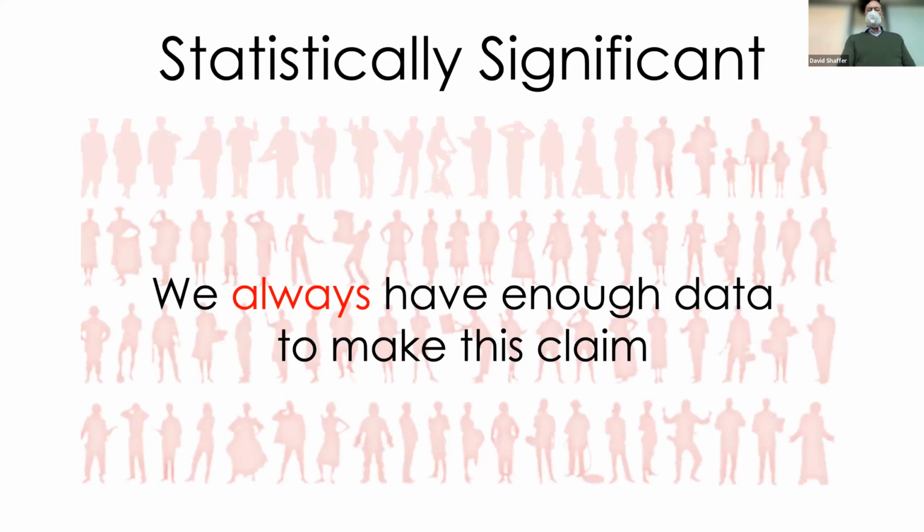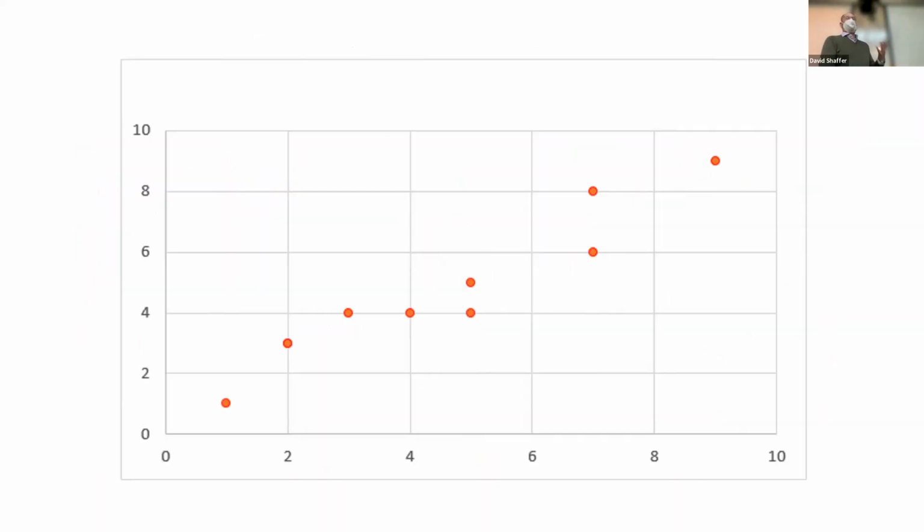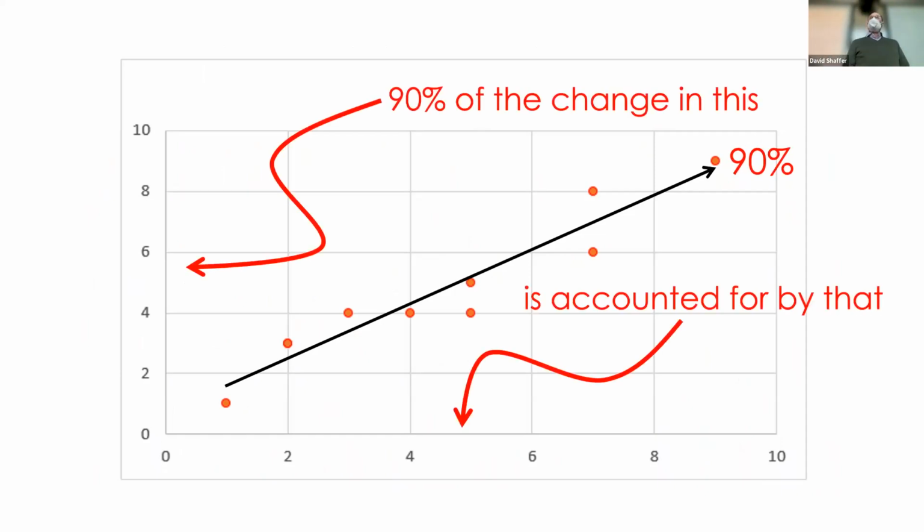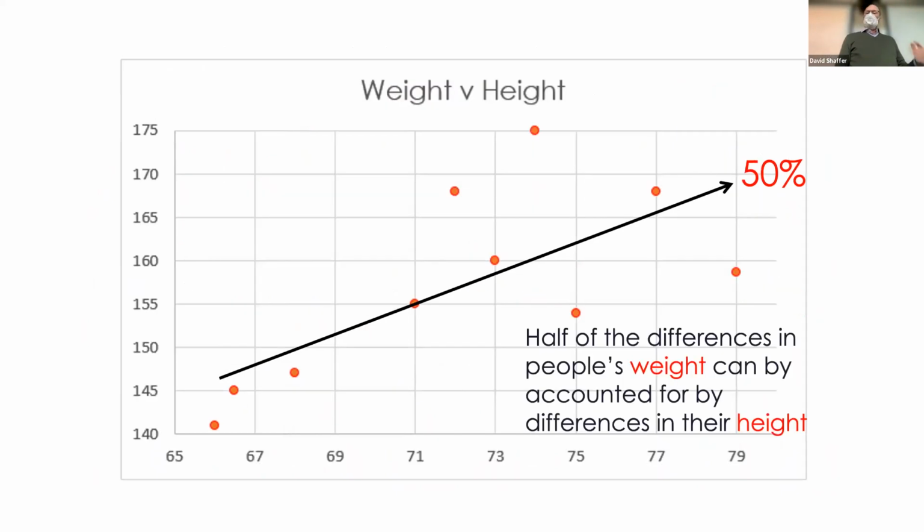Well, think about that. In addition to p-values, we get other things from statistics, like R-squared values, which is just another name for some kind of statistical test. In this case, the R-squared is telling us, if it's 90% or 0.9, that 90% of the change in one thing is accounted for by the change in another. So, for example, there's research that suggests that about 50% of the differences in people's weight is accounted for by differences in their height, or